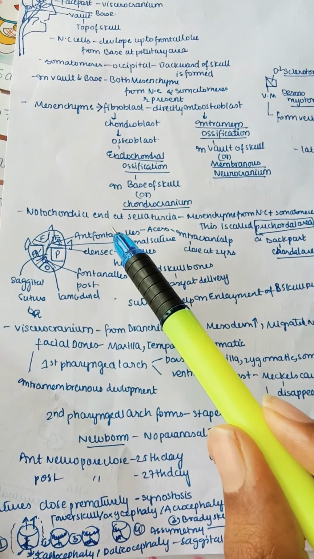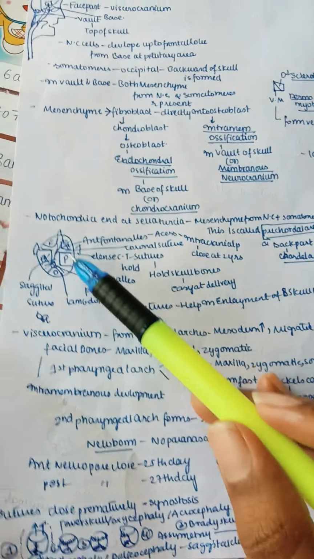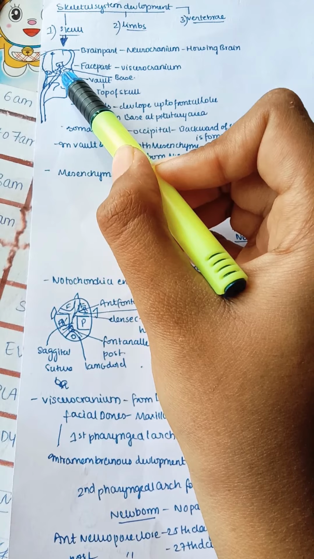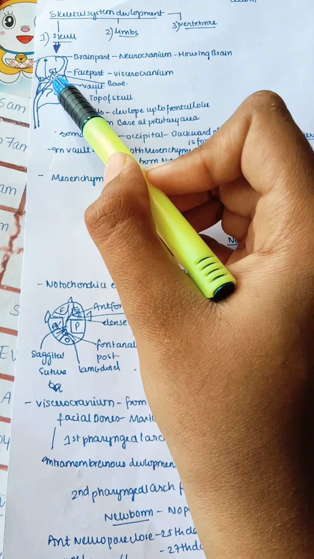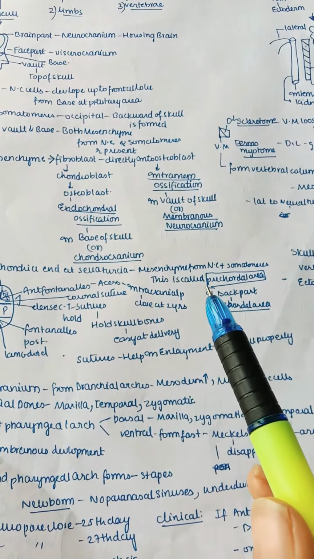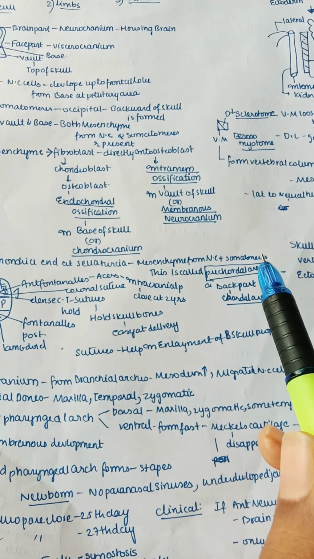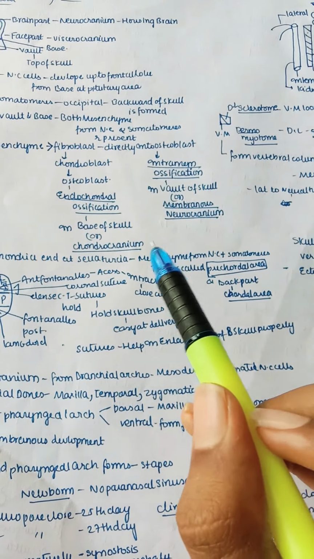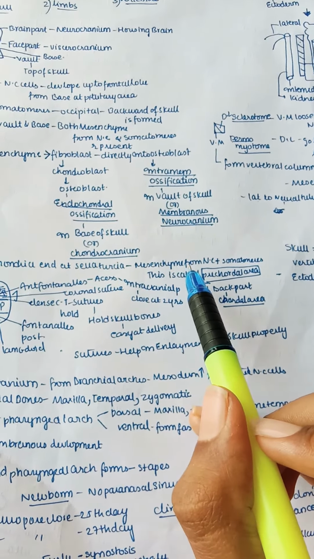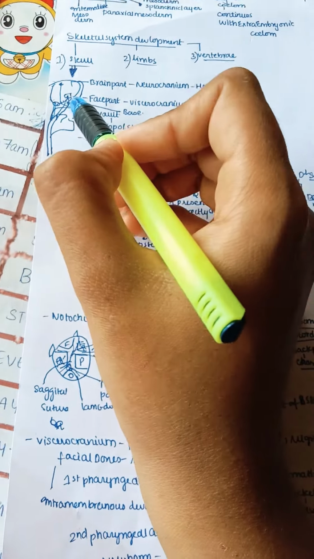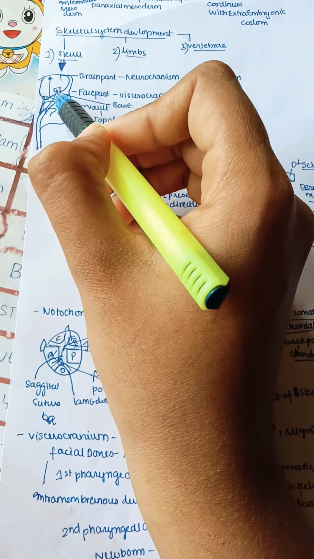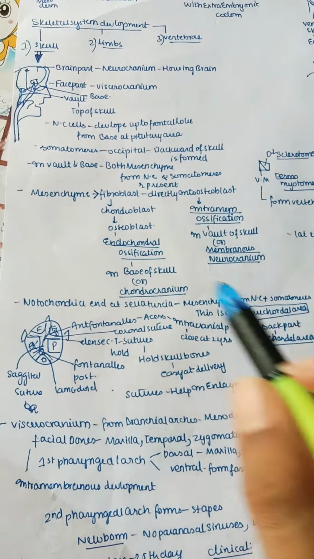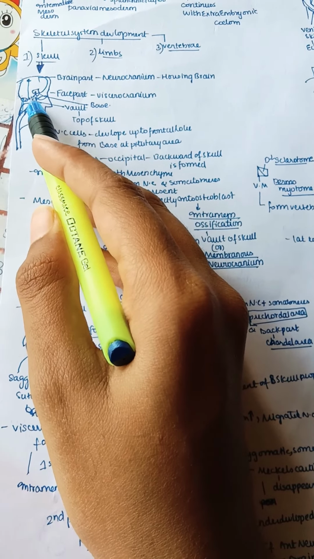Next, coming to the notochord and the sella turcica. So sella turcica is the place where the pituitary forms. So this is the notochord traveling in our spinal vertebral column. So the notochord ends at the sella turcica. So there is mesenchyme from the neural crest cells and somitomeres. This is called the precaudal area, and the back part is called the caudal area. So where it ends, there the mesenchyme from the neural crest cells and somitomeres are both joining at this point, right? Because here neural crest, here somitomeres. So this area is mainly called the precaudal area, and the back of the precaudal area is called the caudal area.